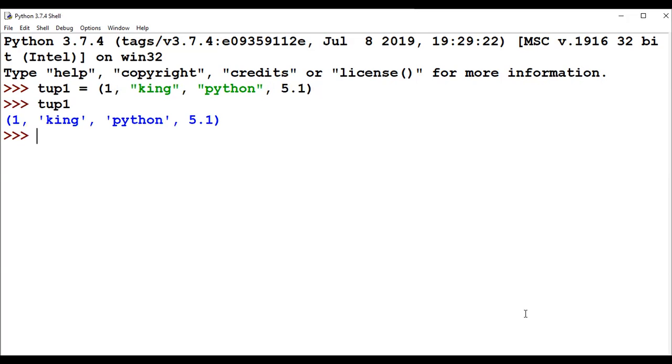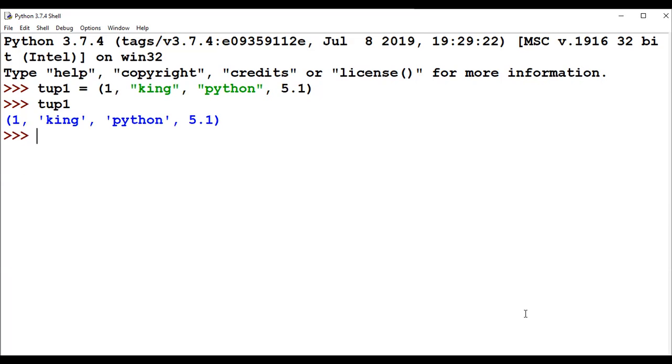If you remember, in our previous videos, we have seen lists, which are also a sequence of elements separated by commas. They can also have data items of any data type, and they are enclosed in square brackets. Here it is round brackets. The main difference between lists and tuples is that lists are mutable and tuples are unchangeable, or immutable.